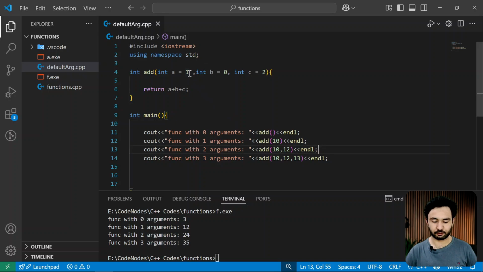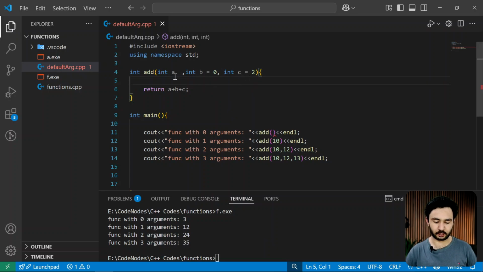Now one thing that you should keep in mind: for example, if you are initializing a parameter with a default value, and if you just remove this and we do not initialize a this time, so we are just initializing b and c and we are not assigning any value to a, then you must pass at least one argument. So this time we cannot run this as it will throw an error. At this time we must have one argument.